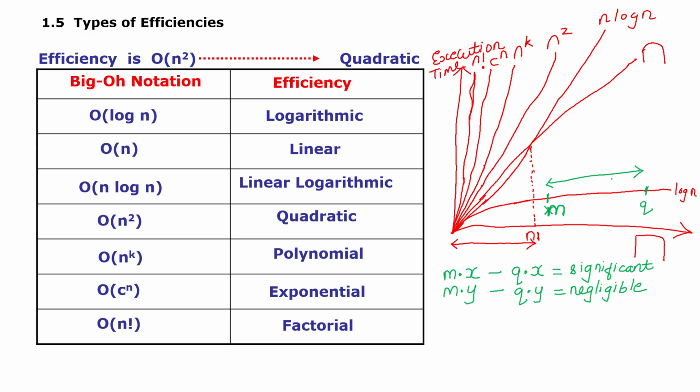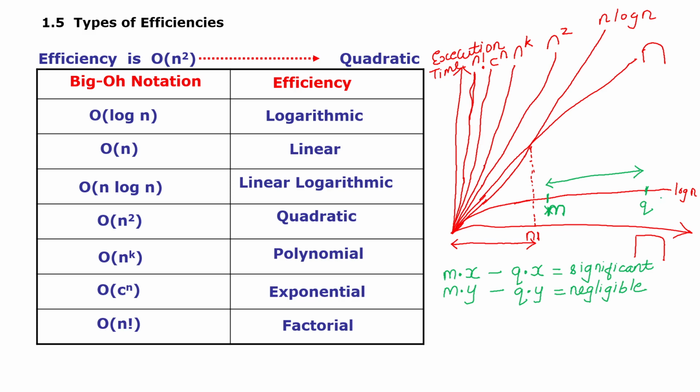It is desirable. See what is happening over here, if you pay a little attention, you will realize that although the value of n is increasing, see where my pen is moving, look at a small dot. Although the value of n is increasing, the corresponding increase in execution time is very small. So this is a very desirable property, okay. And this is the property of the logarithmic algorithm.